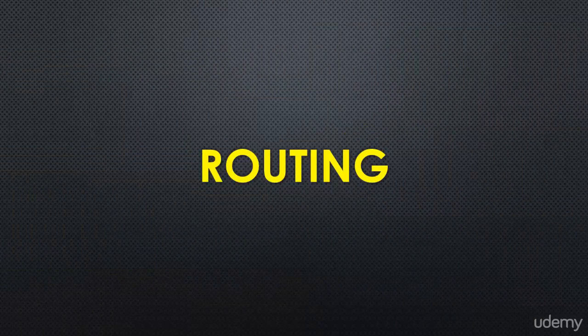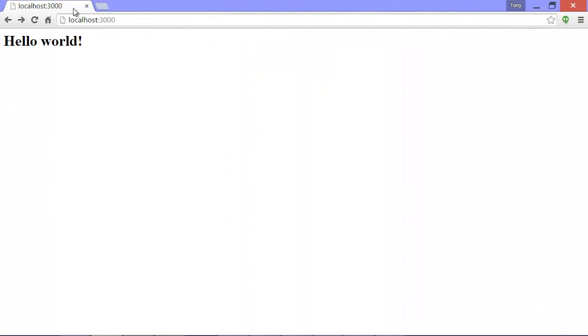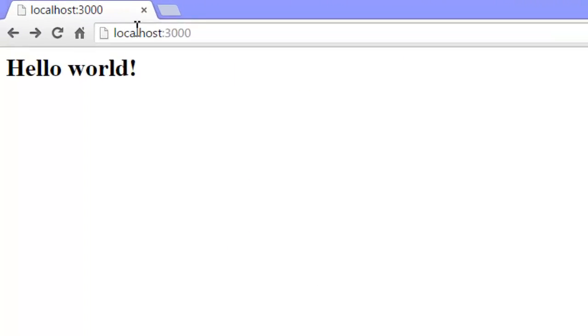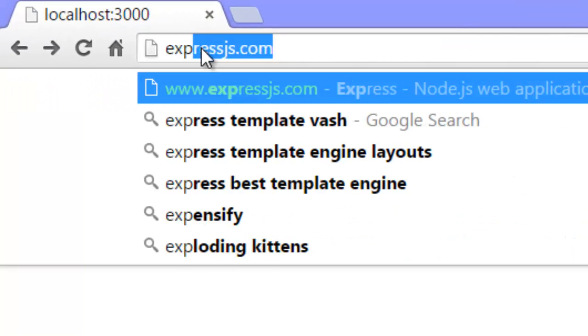So we've seen how Express will match a URL and then run a function for us where we can handle the request and response. But it actually does a lot more than that. Let's take a quick look at routing in Express. We're not going to take a look at every option for routing in this course, but the best place to learn is at Express's website,